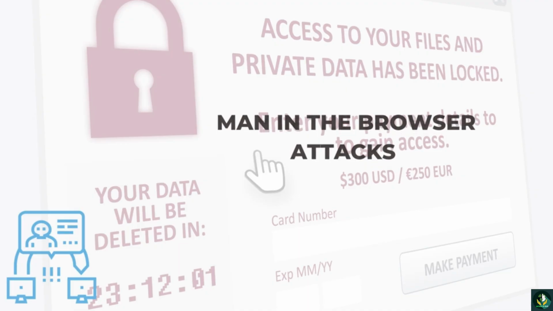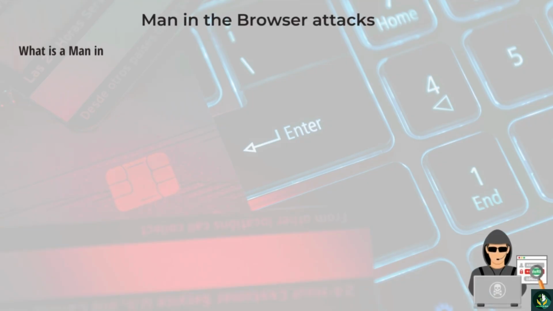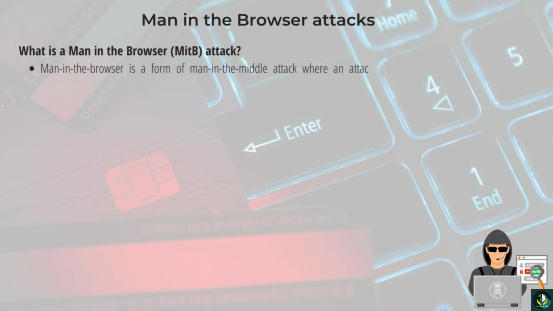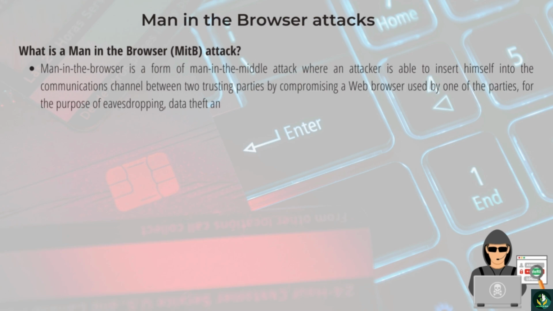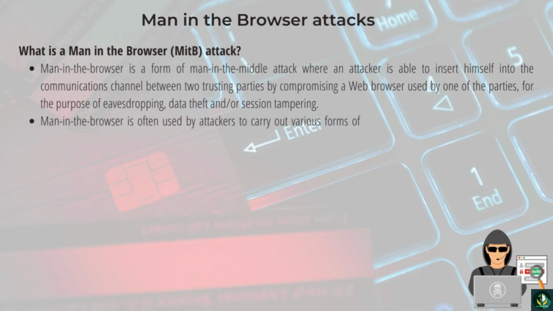Man-in-the-browser attacks. What is a man-in-the-browser, or MITB, attack? Man-in-the-browser is a form of man-in-the-middle attack where an attacker is able to insert himself into the communications channel between true trusting parties by compromising a web browser used by one of the parties for the purpose of eavesdropping, data theft, or session tampering. Man-in-the-browser is often used by attackers to carry out various forms of financial fraud, typically by